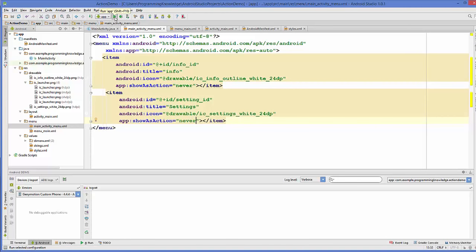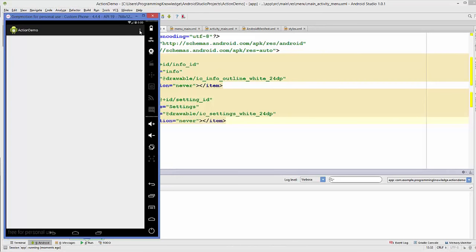And once again when you run this program, you will see here, instead of your icons, this overflow icon, and then you can select your menu items. Okay, so when you select info, it is printed. When you select settings, it is printed. Okay, so it depends on you which menu item you want to show. You want to show full icons, or you want to show this